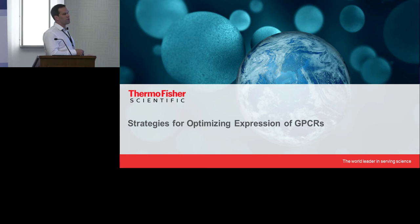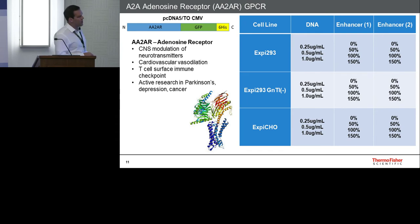But there are certainly drawbacks to doing so in the bacterial systems that have traditionally been employed, especially the lack of the post-translational modifications. Through some of our collaborations and hopeful publications in 2020, we will show the importance of having mammalian post-translational modifications on certain properties of these GPCR proteins that may be going overlooked when we're expressing them in the prokaryotic systems. But I just wanted to start with one case study. This is a GPCR, AA2AR. It's an adenosine receptor. And I'm going to show data for expression of this in the Expi293 parental cells, the